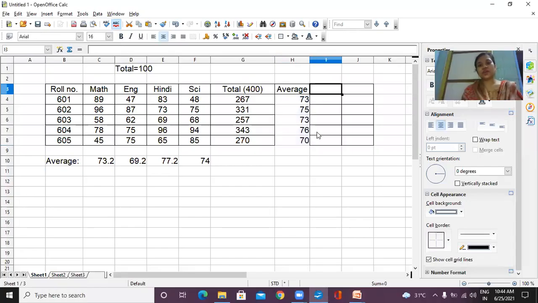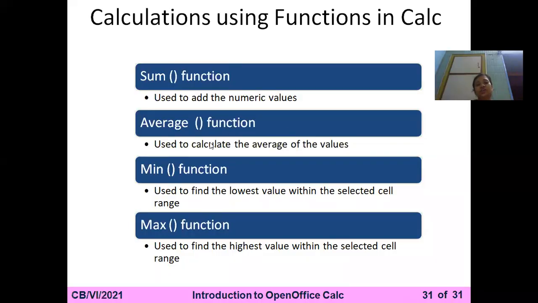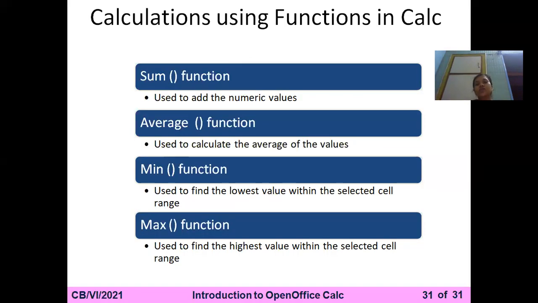Now, the next function we are going to learn is very easy to know from the word, you can understand. The first function is the minimum. Today we are going to learn the next function, that is minimum. What is the meaning of minimum? Whenever you write down the number of